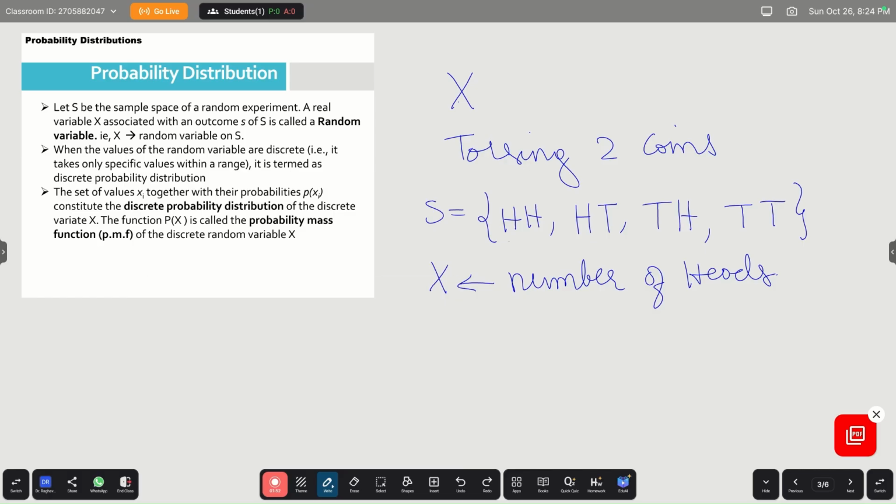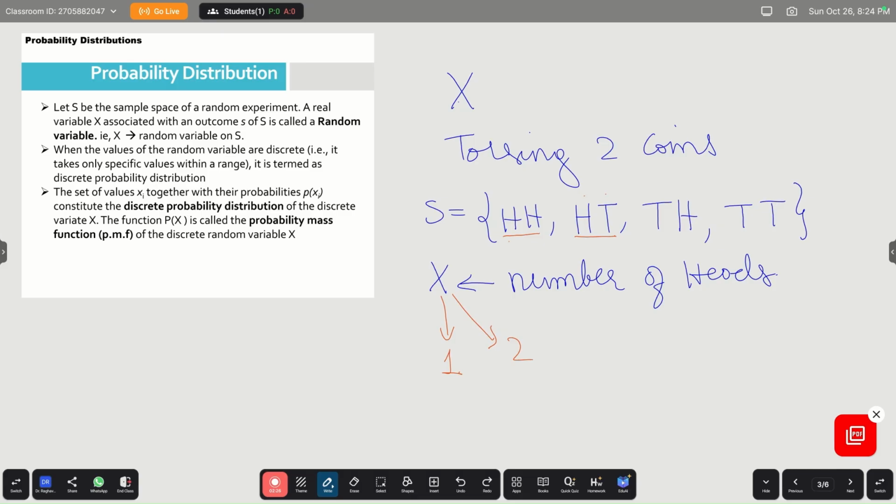So let us take our first outcome. The first outcome is HH. That means both the coins showed heads. So when the outcome is HH, the number of heads is 2, so x will take the value 2. In the second outcome, HT, one coin is showing head, the other is showing tail. So only one head is there, so x will take the value 1, because it takes the value only on the basis of the number of heads